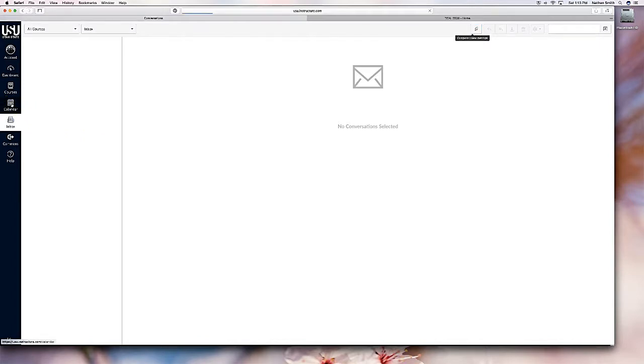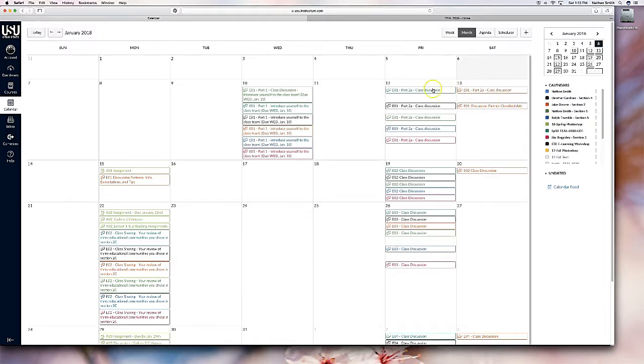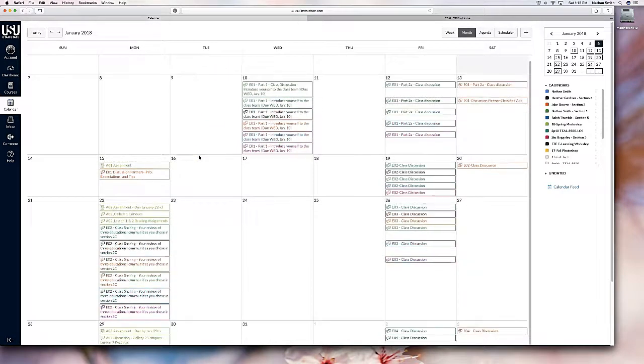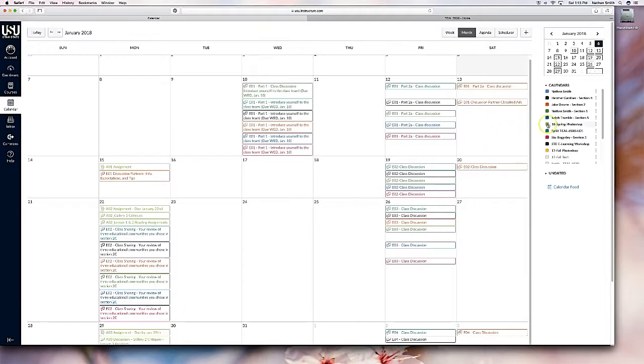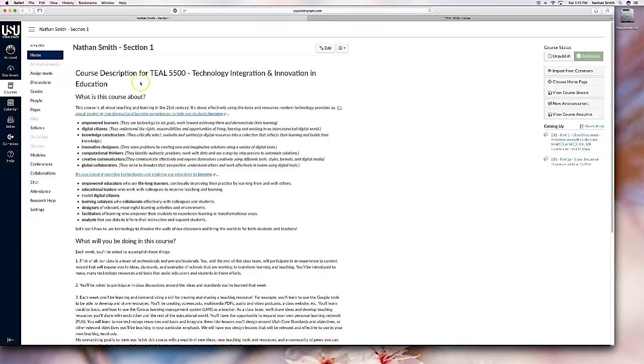The calendar will help you keep things organized, and we'll show you the various things that are due. So here we go. It's populated in, and so you'll be looking for my Section 1 color there. Let's go back to our course,